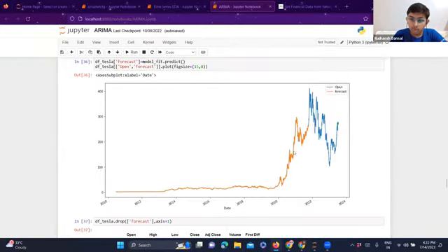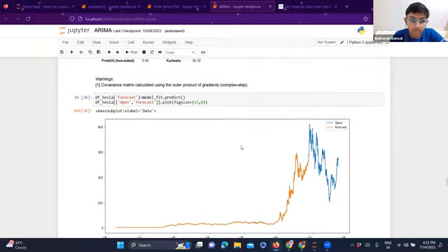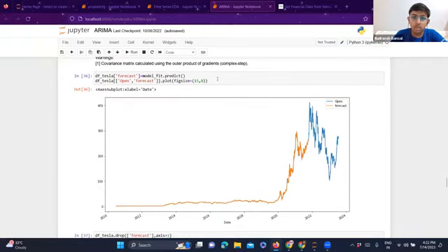So what we come to know is, you can see this orange line. You just run this to set the plot size to 15 by 5. That's a simple statement for the size of this plot. Otherwise, it is quite compressed. You can see the orange line here represents the forecast, and the blue line is for open. You can see how closely the orange line is overlapping with open.